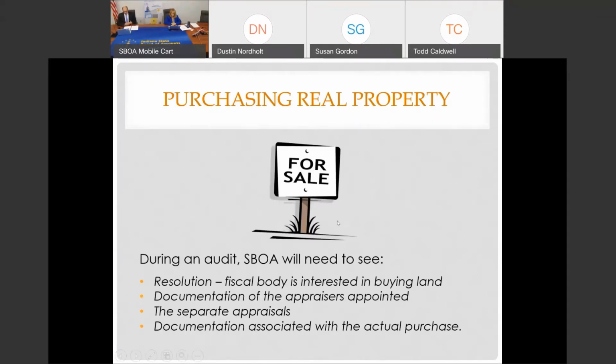So what are you going to need when our examiners come in, they're auditing, and they start asking questions? We're going to start with needing the resolution of the fiscal body indicating the specific land or structure that they're interested in buying. We're also going to want to see the documentation of the appraisers that were appointed and probably their